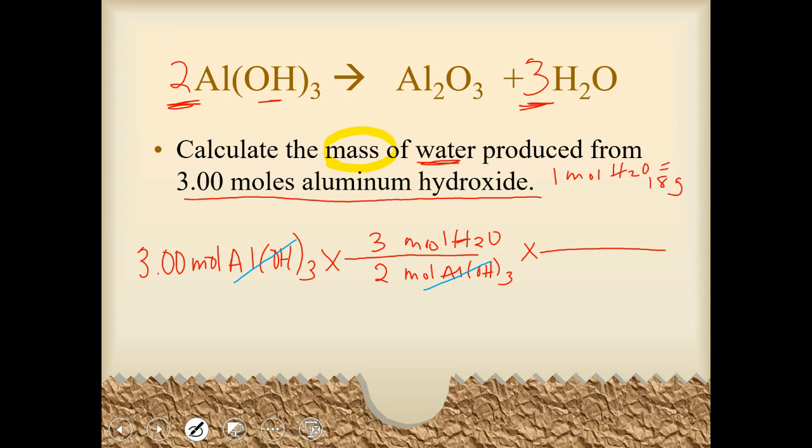How do we know that? Because we look it up on the periodic table. There's 1 oxygen and it's 16. There's 2 hydrogens and they're each 1. That's a total of 18 grams. So we're going to convert from moles of water to grams of water using what is called, remember,